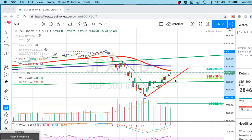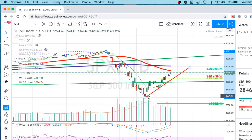I'm looking for a move back to somewhere around this 10 SMA, which is currently at 2654-ish, and it'll keep moving up. The 0.382 retrace of this move right here sits right around 2697, and then you got this uptrend line, which is right around there as well. So somewhere between this 2756 at the 0.236 retrace and the 0.382 retrace of 2697 is where I'm looking to